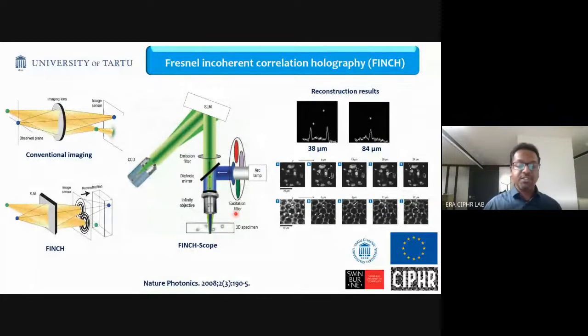As you know, fluorescence is not coherent light. So it is impossible to create a 3D imaging system using conventional holography. So Finch came to its rescue. You can see this is the configuration of a fluorescent microscope. There is an arc lamp, which is the excitation source, which excites this sample, and the excited wavelength goes into this. And on the SLM, we have the twin focal lenses, and then the hologram is recorded in the CCD.